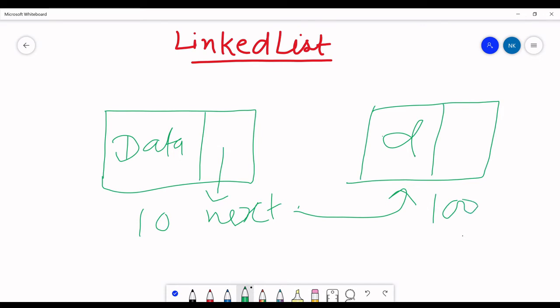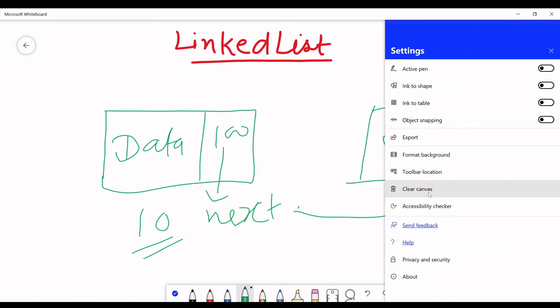It can be any position, but the data here has the index, say 100, like that. So in this way, how will we store an element in the linked list? Let's understand here. I'm going to clean first.